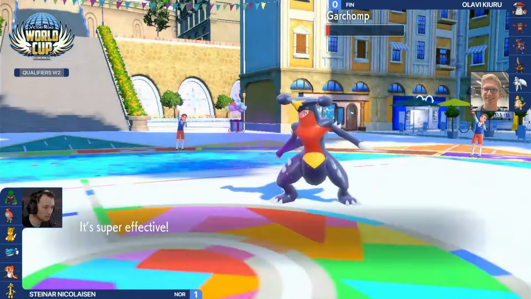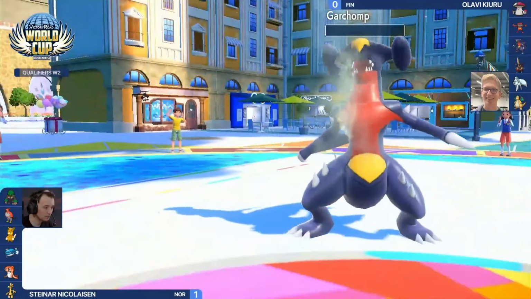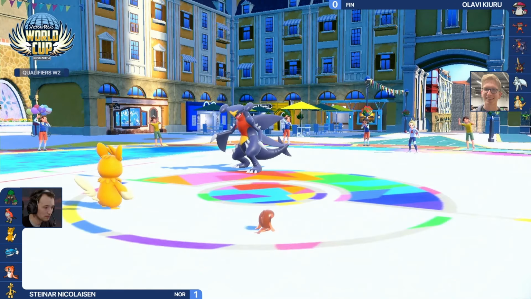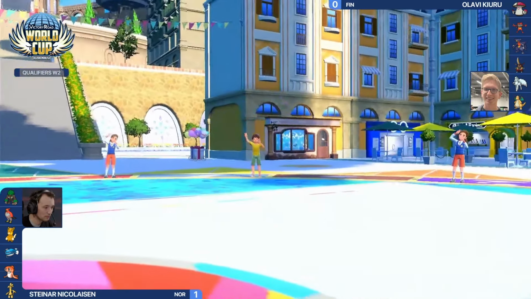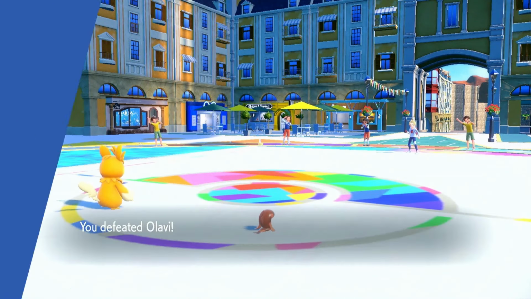Yeah, Steinar reminding us of why we are playing Haze on our Primarinas, even if we have Throat Spray on them, because Dondozo is just that much of a threat if you do not have a safe counter for it. And yeah, Steinar taking that game 2-0 really just had the perfect